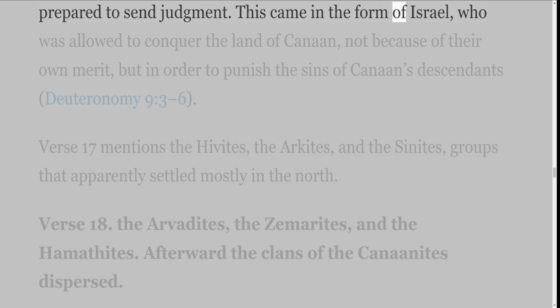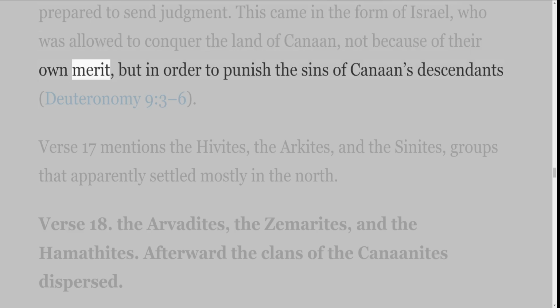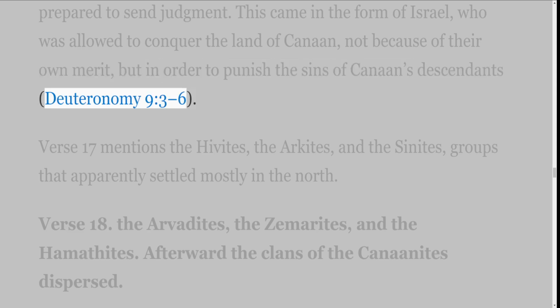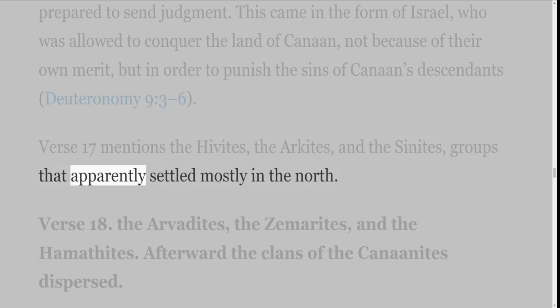This came in the form of Israel, who was allowed to conquer the land of Canaan, not because of their own merit, but in order to punish the sins of Canaan's descendants, Deuteronomy 9 verses 3-6. Verse 17 mentions the Hivites, the Arkites, and the Sinites, groups that apparently settled mostly in the north.